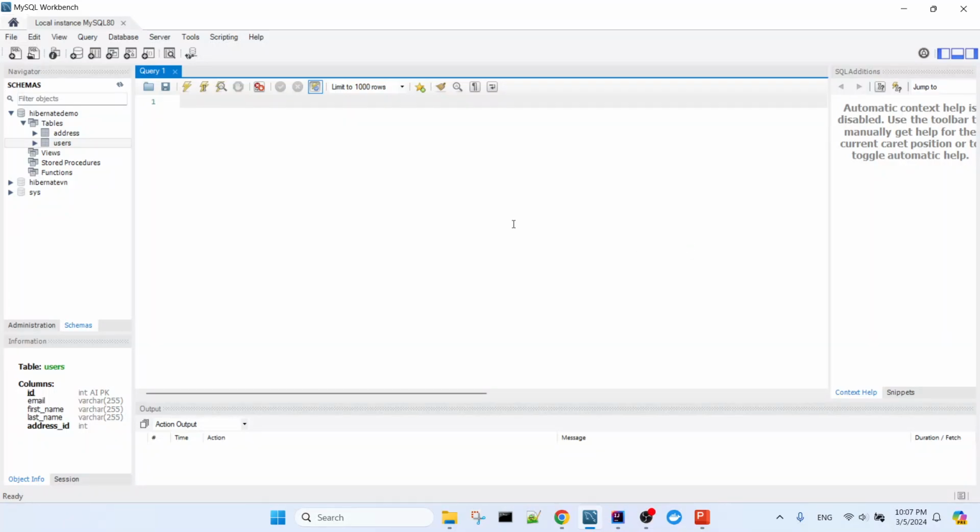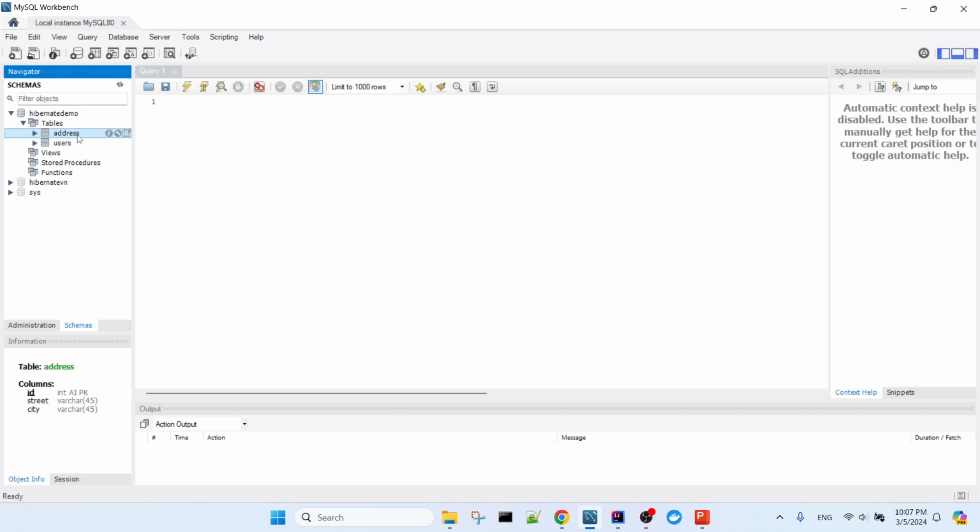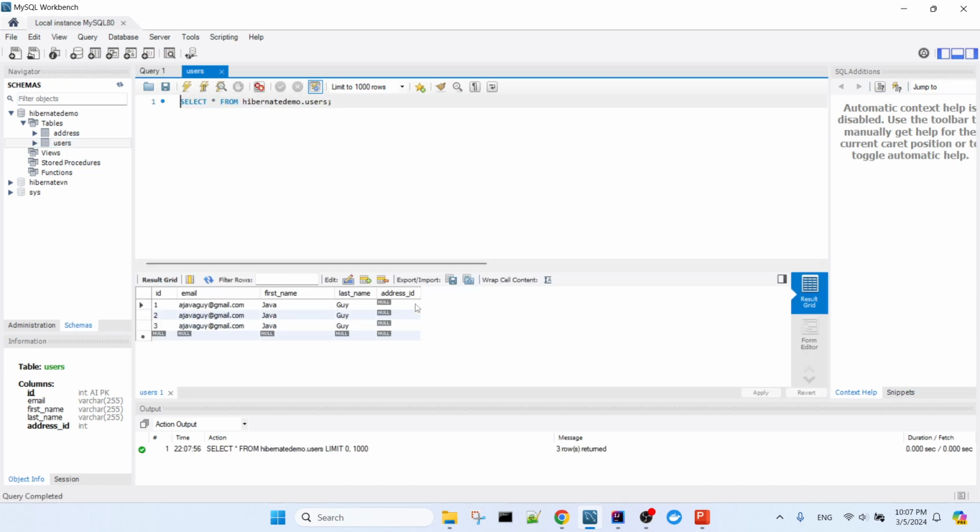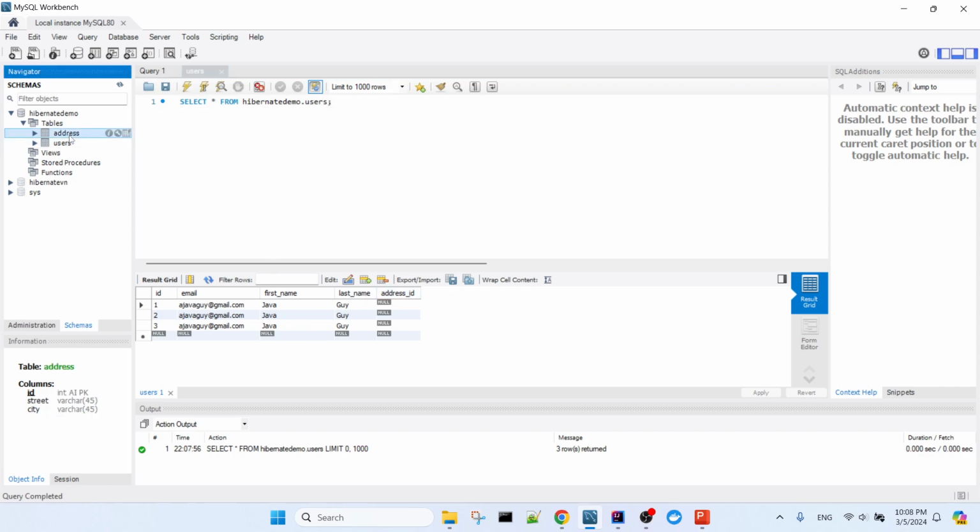In the previous video, I showed you how to create a new Acrobat table, and in the user table, I added a new column as Acrobat ID, and I connected this column to the Acrobat table to make it a one-to-one